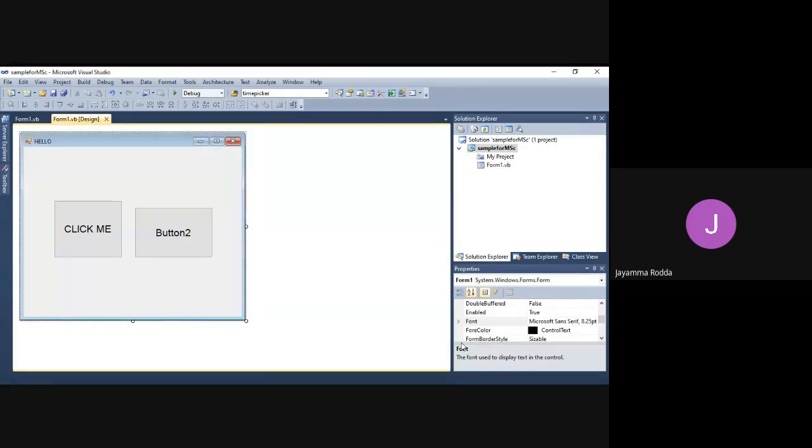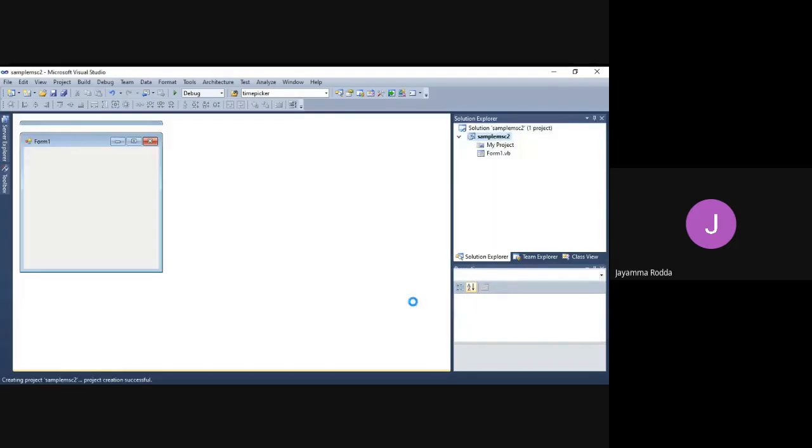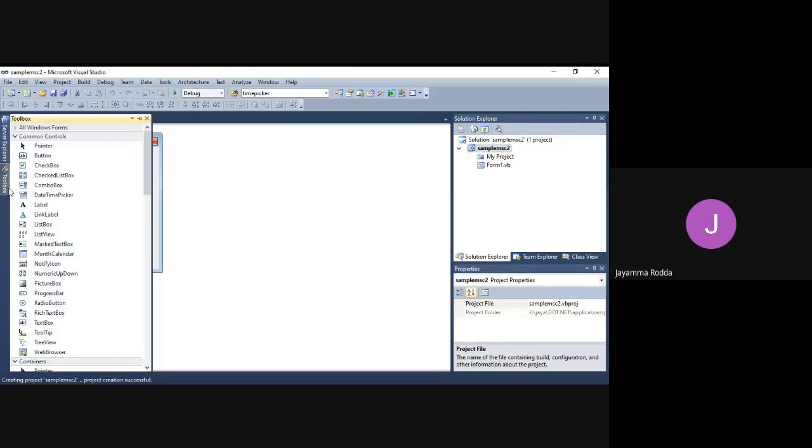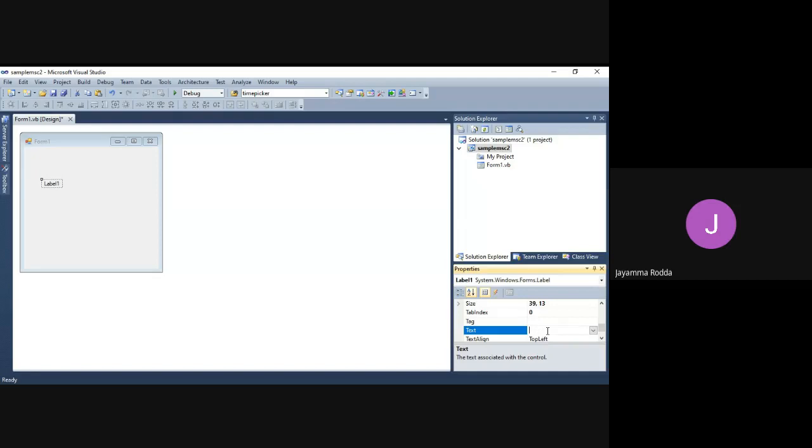Now a new form will be added. So in this form, we will add a label. We'll select the label control. You just write the text, go to the text property and write hello all.